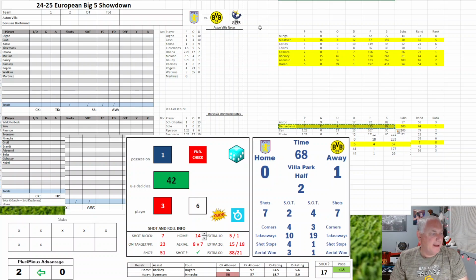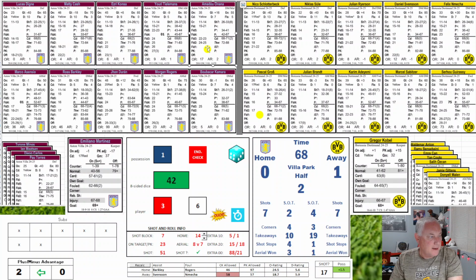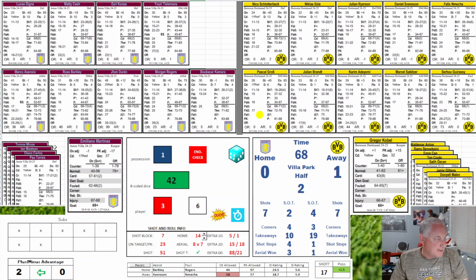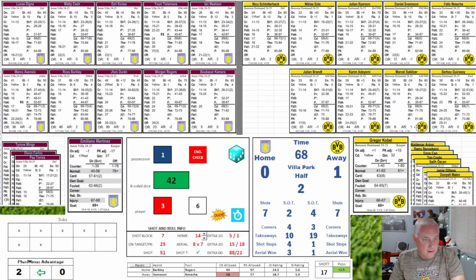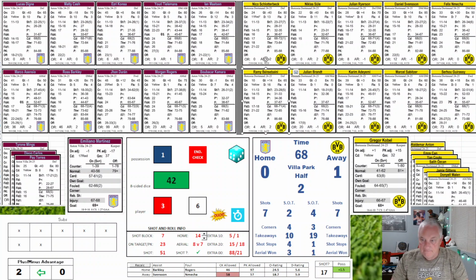You're taking out your D mid. +1 for Gross. And they're done with subs. So let's put these guys in. Onana is out. Matson is in. And Gross is out. And Ben Sabayani is in. Okay. And we'll re-roll. So Villa out of subs.